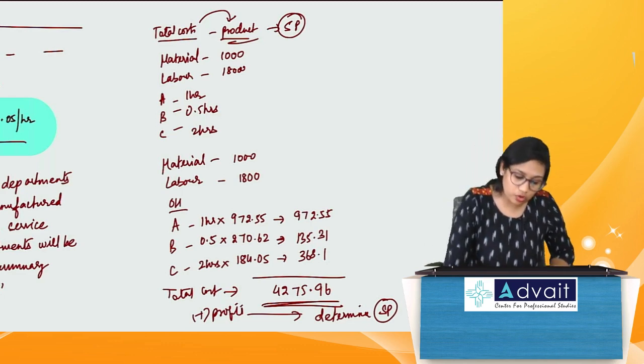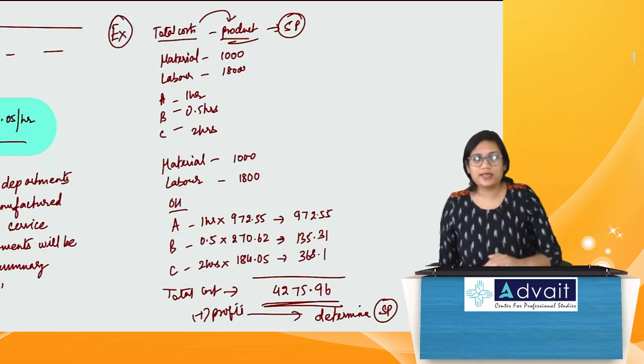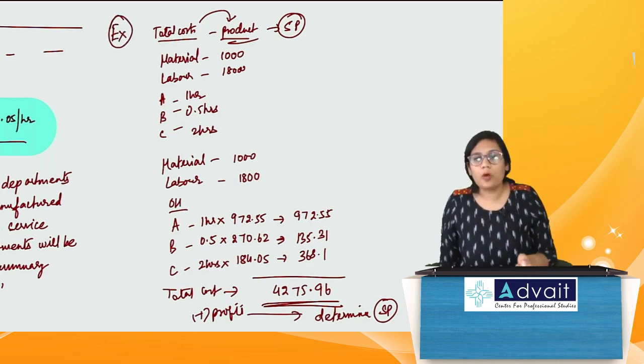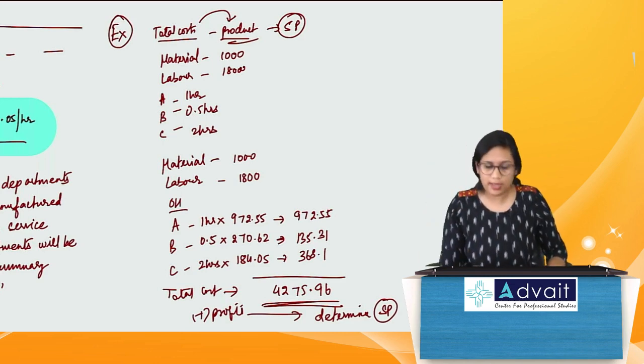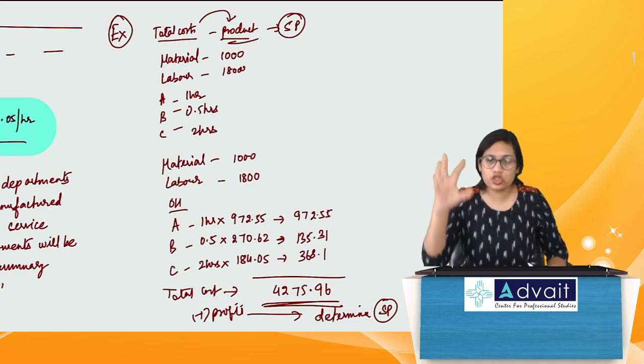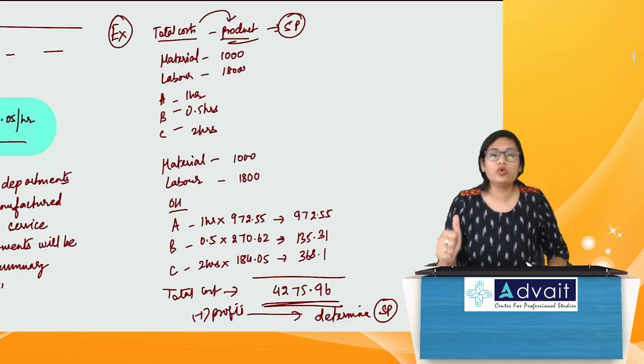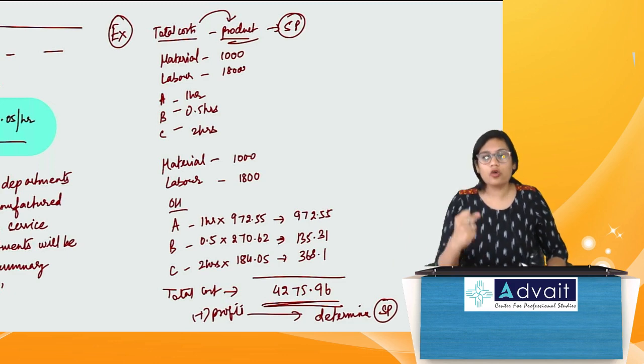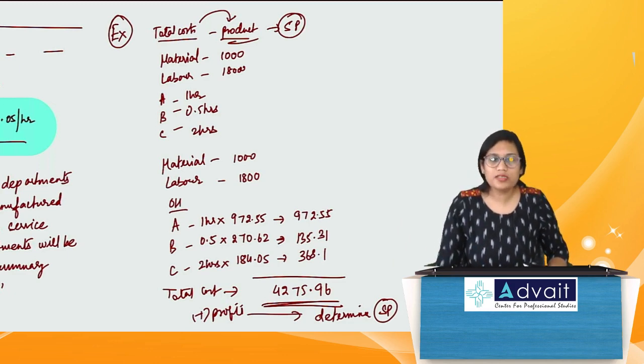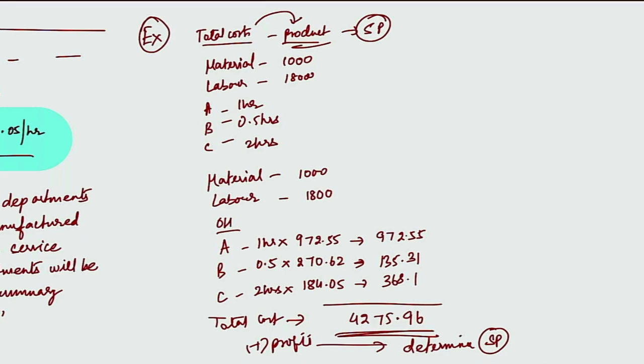Okay, so what I want you to do is, let's consider this as an example from this particular problem only, and just show this in your book. This is just for your understanding how we are connecting overhead rates to the cost sheet. Why do we need to calculate the application of these overhead rates? Please copy this down. So this is how these overhead rates that you have calculated in production departments will be used. They will be used to charge our product.